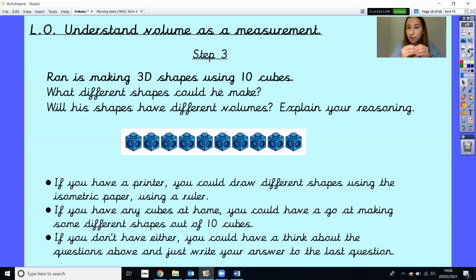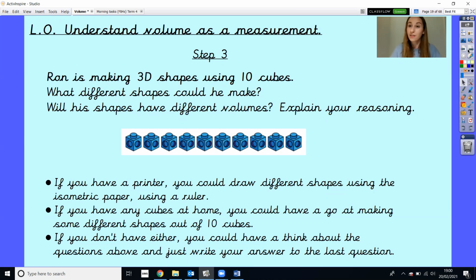I was thinking of Lego, but those are usually cuboids, aren't they? But if you've got some cube-shaped Lego, you could make some shapes out of 10 cubes. So have a go at making as many different types of shapes as you can. If you don't have a printer to print out your isometric paper and you don't have any cubes to make any shapes,